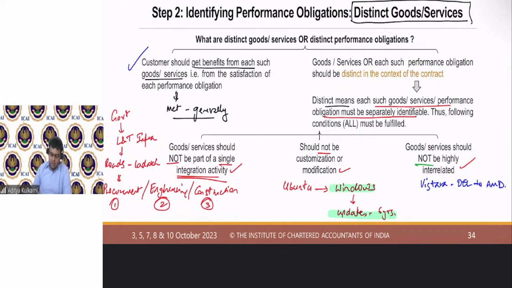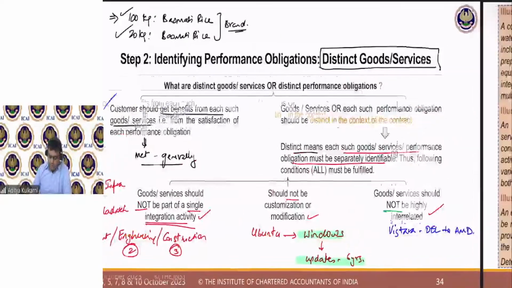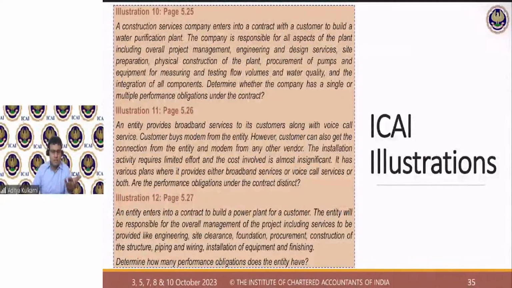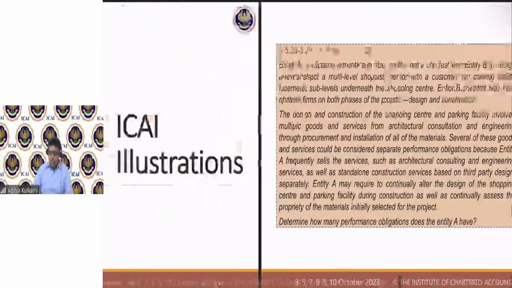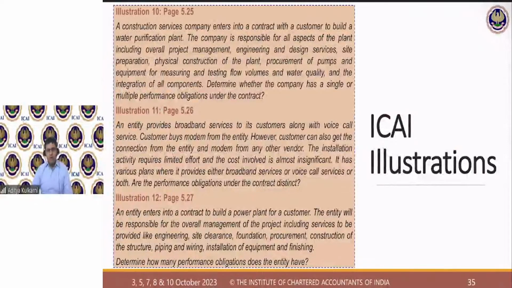Okay, fine. So now we will solve related questions to identify whether the goods are distinct or not. We will do those related questions so that the concept is over once and for all. So when we come to step number 2, we need not visit this concept as such. And once that is done, we go back to step number 1. And in step number 1, we will see why this understanding was required. So now let us proceed.